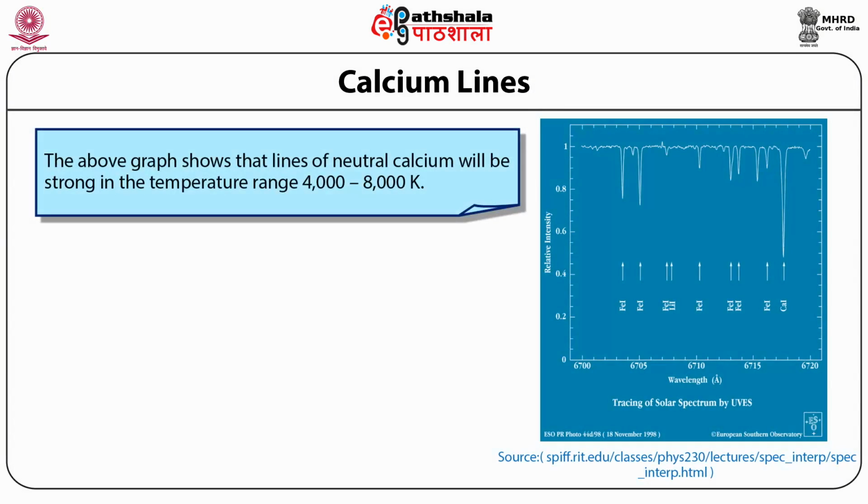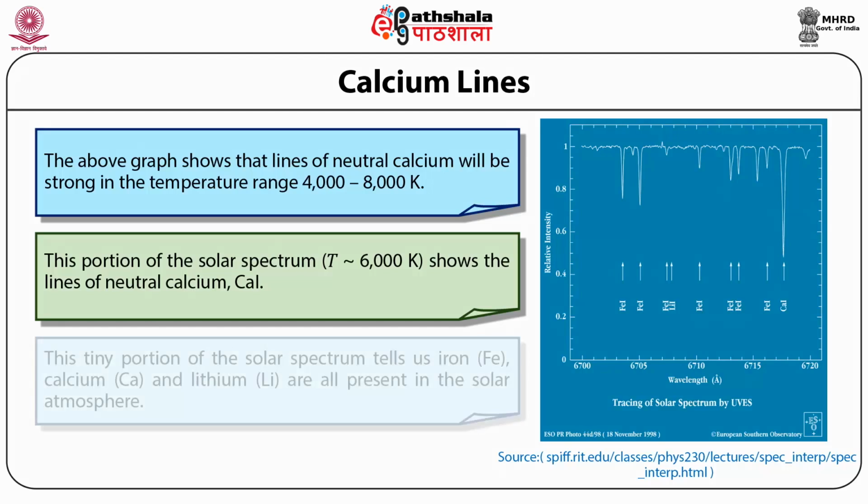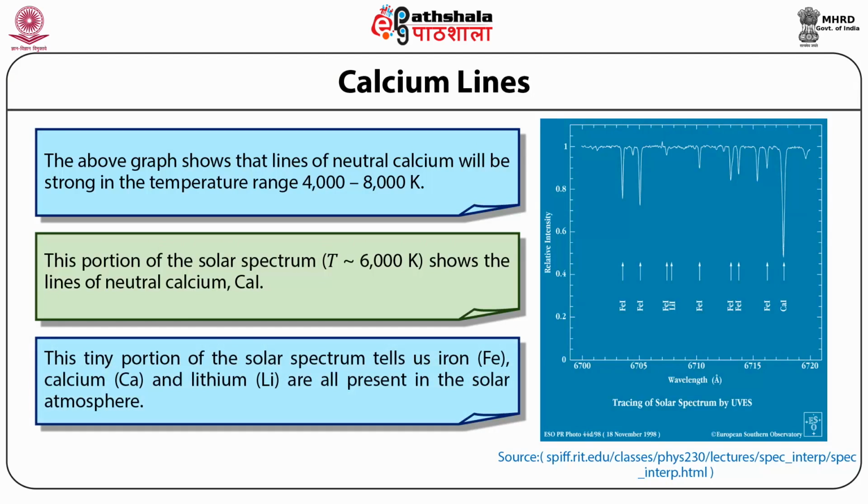The graph given below shows that the lines of neutral calcium will be strong in the temperature range 4000 to 8000 Kelvin. The temperature in the solar spectrum is almost equal to 6000 Kelvin, and it shows the lines of neutral calcium. This tiny portion of the solar spectrum in the given graph tells us iron, calcium and lithium are all present